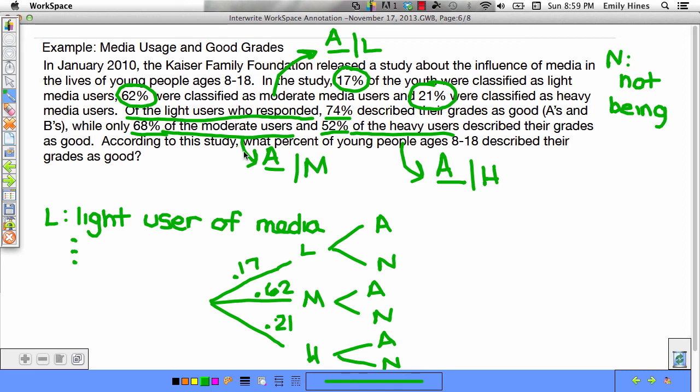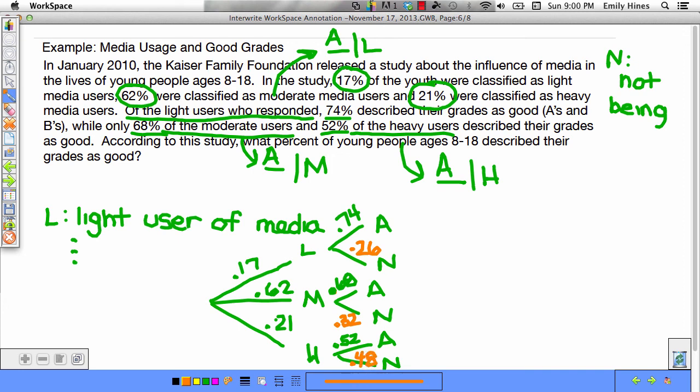Okay, so then I look at this and it says of the light users, 74% responded with grades that are good. So this branch right here is 0.74. This branch right here then would be 0.26. Of the moderate users, 68%. So the good grades here is 0.68, which means the not so good grades would be 0.32. And here for heavy, my good grades would be 0.52, which means my not so good grades would be